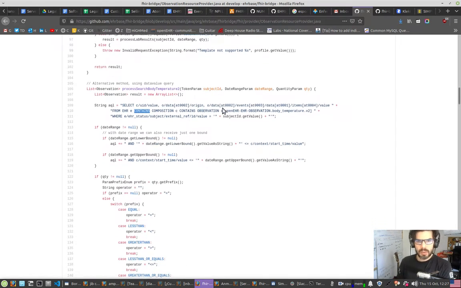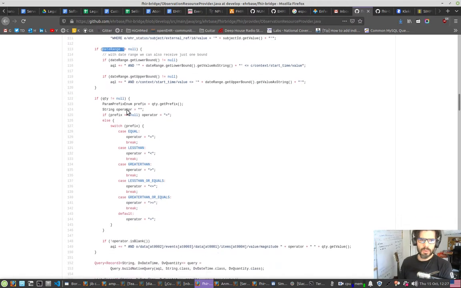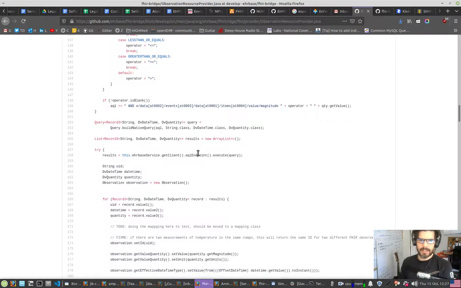And here what I did, because this was implemented by me, is I just get the information that I need from EHR base for a specific composition. That is body temperature composition, and then I add the conditions over the subject ID, that is the patient ID. And if we receive date range conditions, we also use the date range. If we use the quantity, the reference quantity, we also map the conditions over the quantity, and that's it. That is executed. This is the query builder,